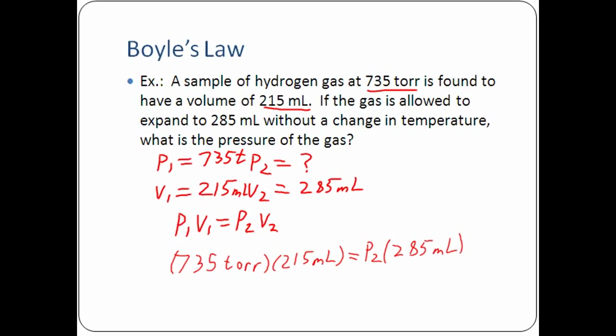Okay? And so if you get out your calculator, we'll work on the left side here. Doing that, we get 735 times 215, and when I do that, I get 158,025. No rounding yet because we haven't gotten to the answer yet. This is equal to 285 times P2. Divide both sides by 285, and when you do that, we get a total of